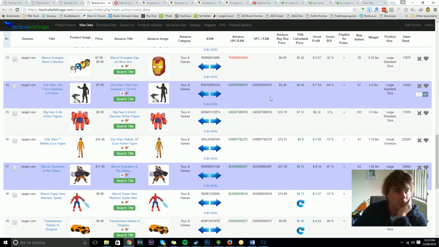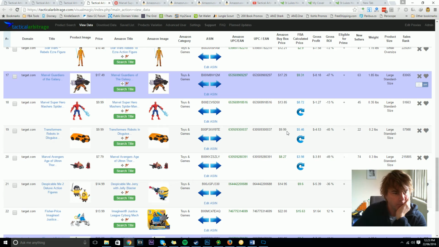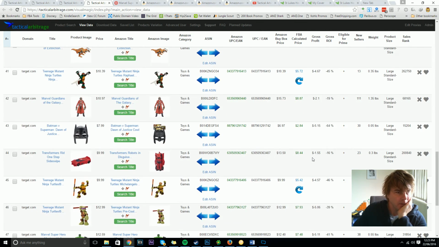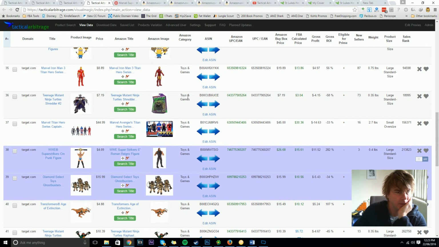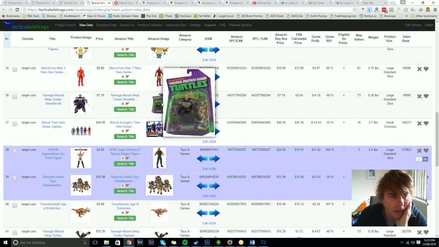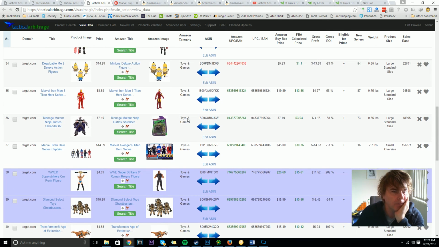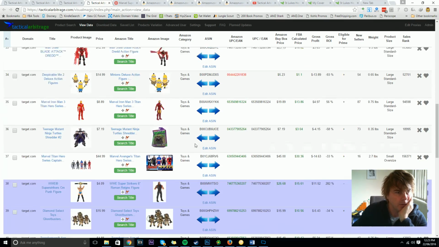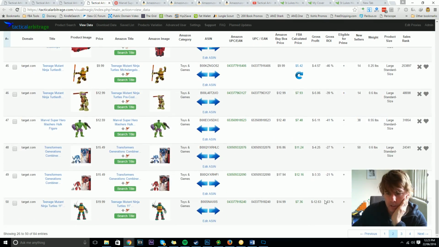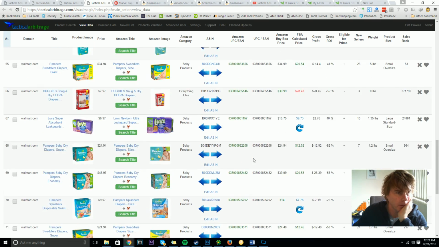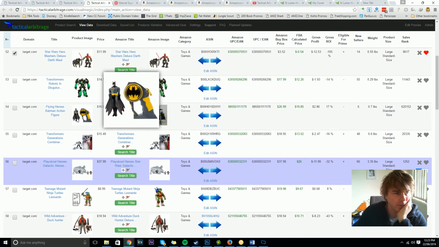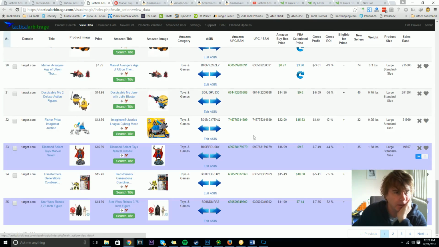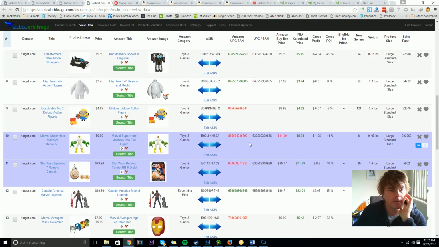I'm going to show you something else with these arrows. So I'm trying to find another product that doesn't match here. There's a lot of really good matches here. I think that's a match. That is a match. These are all matches. When UPC is involved, you get a lot of matches, which is great, but it makes it hard for me to demonstrate what I'm trying to show. So what I'll do is I'm going to go back to the one that I already was working on,